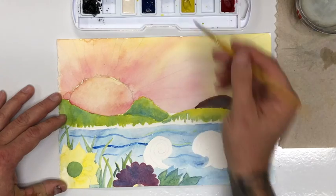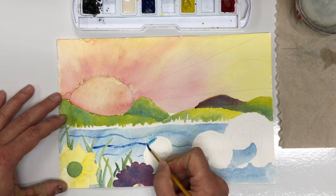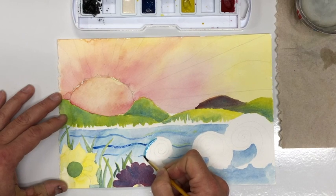I feel like I need to straighten this one out because I've got this little overflow right there. I want to straighten that